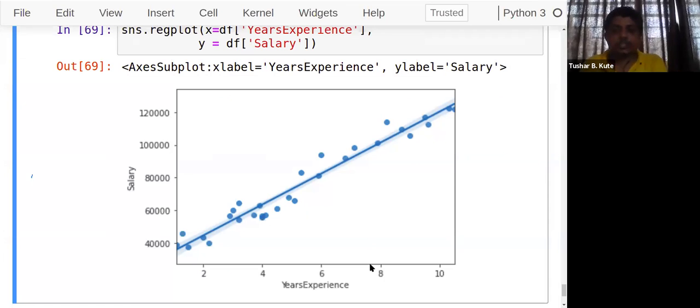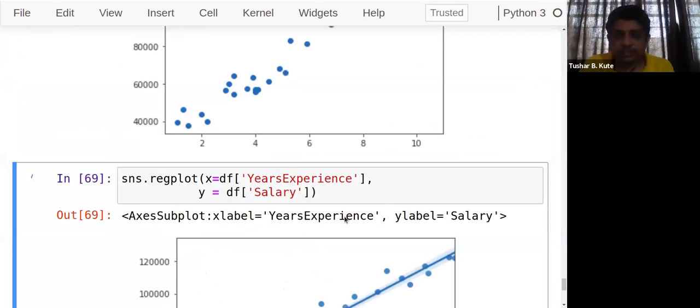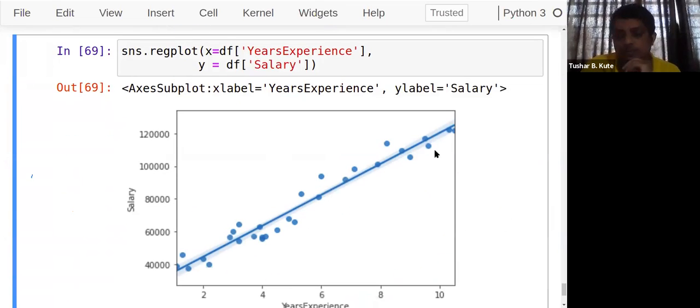In scikit-learn, the LinearRegression class is there, and in SciPy, scientific Python, the linregress function is there, which is used to do this task mathematically, building a mathematical model. But here for a graphical model, I can directly apply the regplot. Original data is shown; you can compare that. Original data is this, but it shows the averaging line also. And above that, we can see the residual error. The scope of the error can be seen by this. So we can find the averaging line, and show that experience and salary are connected to each other linearly by this method.